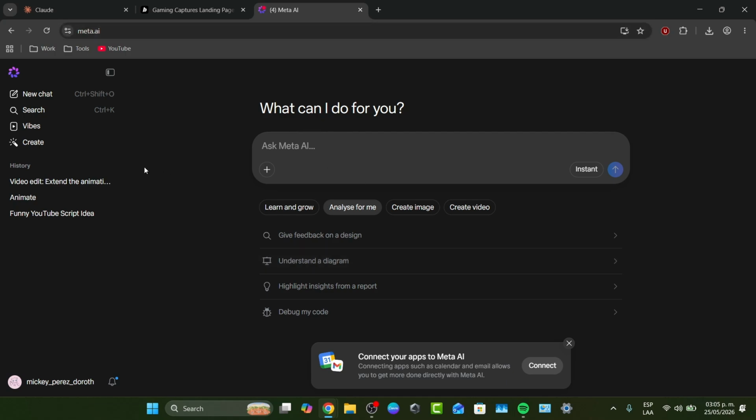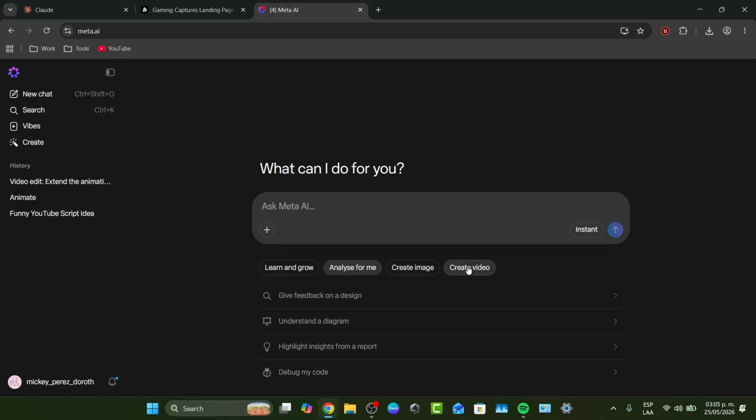Inside here, I'm going to go for the element that says create. It asks, what can I do for you, Meta AI. Then you want to select the element that says create a video. Now inside here, what you want to do is to tell it exactly what you're aiming for. Let's say for example, a banana